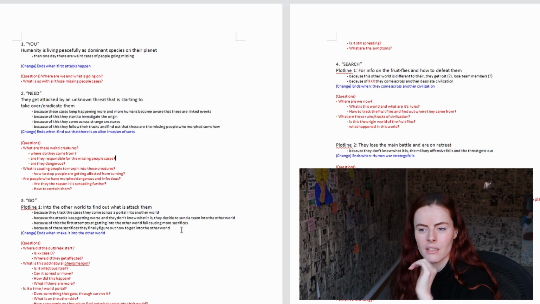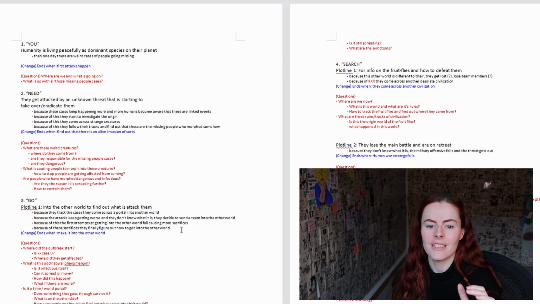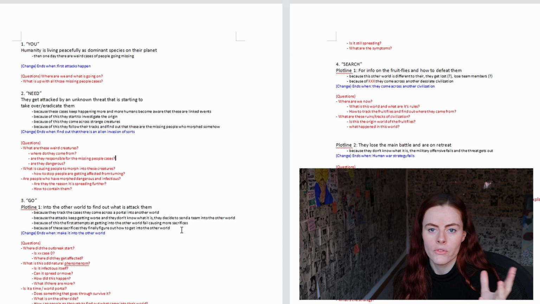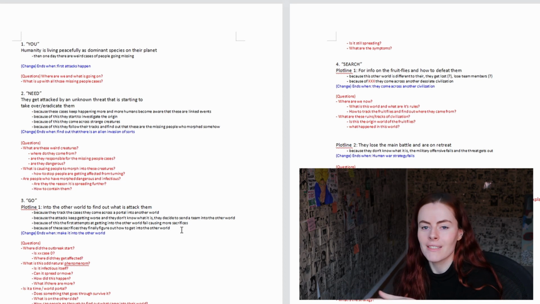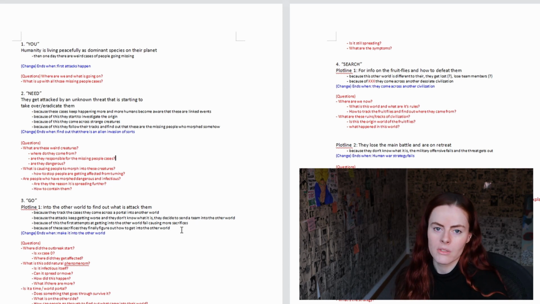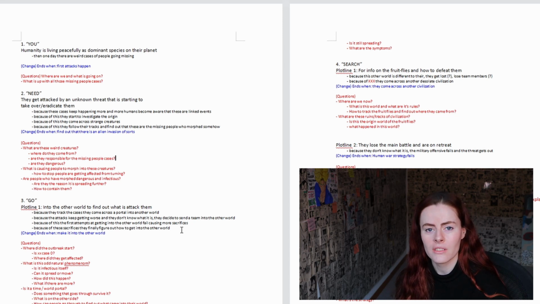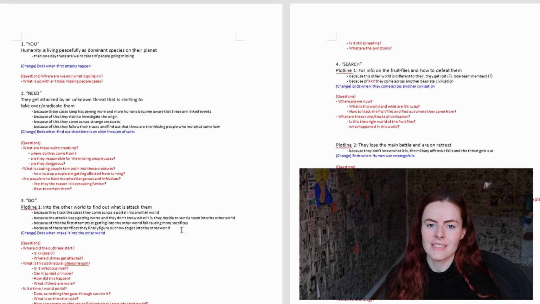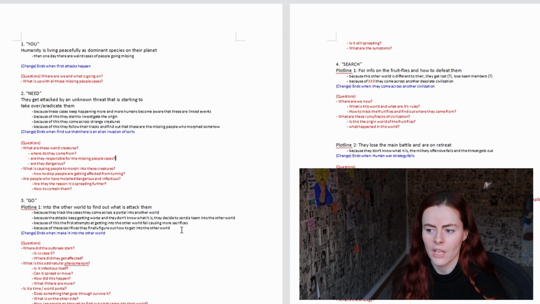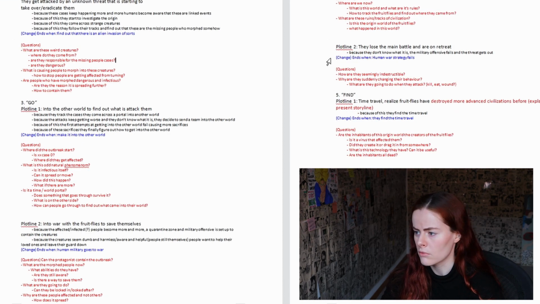plot line, because I like the idea that the chosen one in the future storyline basically is just a normal person who is immune to being affected himself. So that's why this person becomes important, because so far they don't know what is attacking them and how it works. So having someone who is immune could be the key to figuring that out. So that's why it makes sense that this is a civilian, and if it's a civilian, then that person would not have gone into the other world. So the subplot happens in plotline 2, I know that.